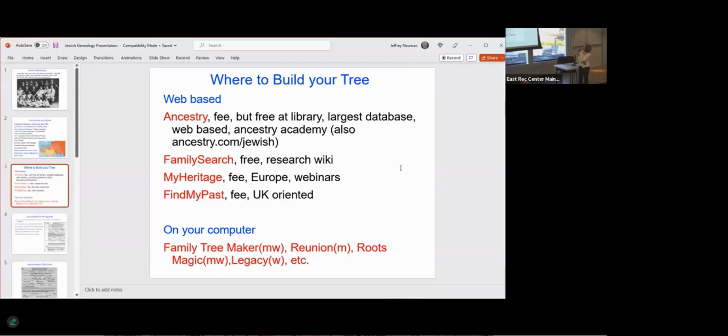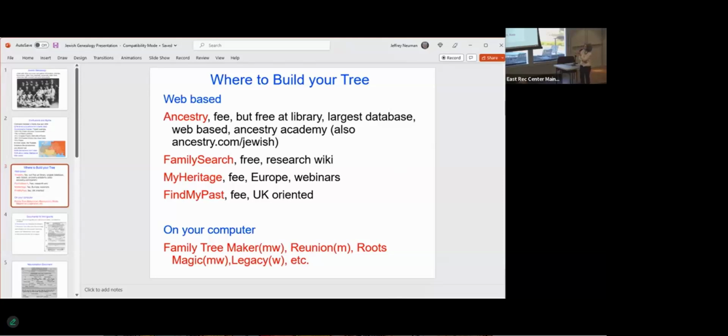I started actually with Family Search, which is free. And they do have a wonderful wiki, which you can use to put in all kinds of information that you're looking for and get a lot of results. But I didn't stay with Family Search because I wasn't thrilled with the way it looked and the way it was set up. And I went to Ancestry and I just found it much more helpful and totally worth the money.